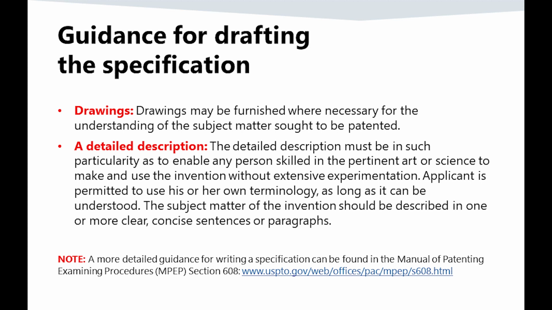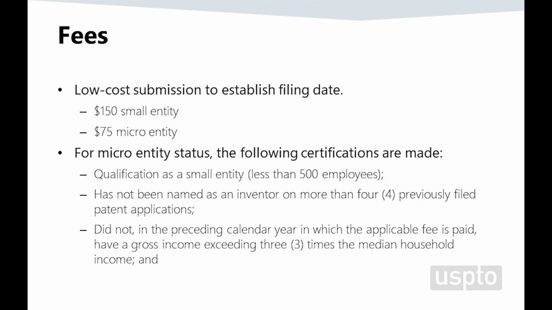The disclosure of the later filed non-provisional application must have support for the subject matter in the provisional application. It is also noted that the provisional application is not published and the disclosure remains confidential from the public. Finally, the fees for filing the provisional patent application vary with the entity status of the applicant. An applicant may be considered a large entity or a small entity or a micro entity. The following is the fees provided for small and micro entity applicants.